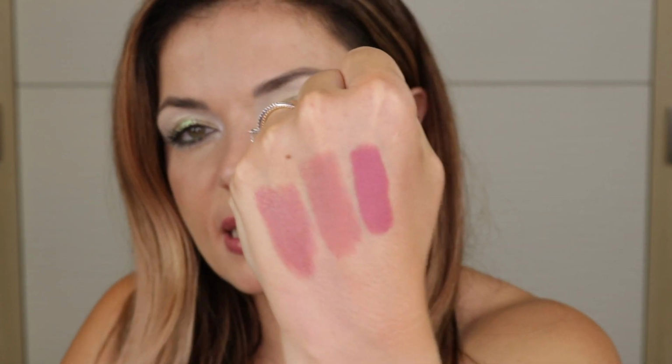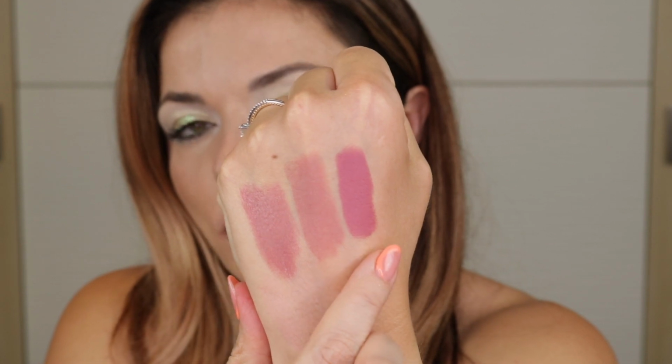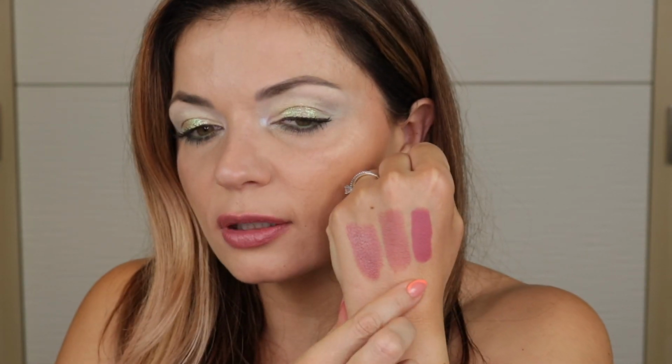They're similar-ish, but I did go ahead and pick out Velvet Beauty just because it's a rose pink, but it's so wearable. You can definitely see here that it has much more pink to it, but it still is so wearable. That is, other than this amazing, gorgeous formula that I can't believe I fell in love with